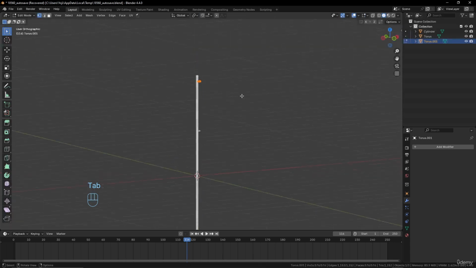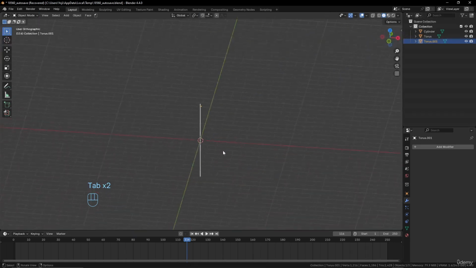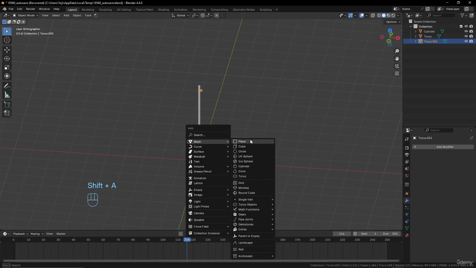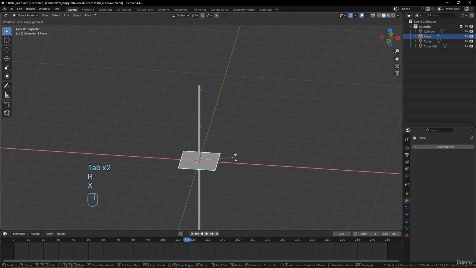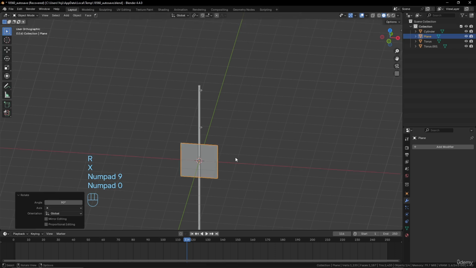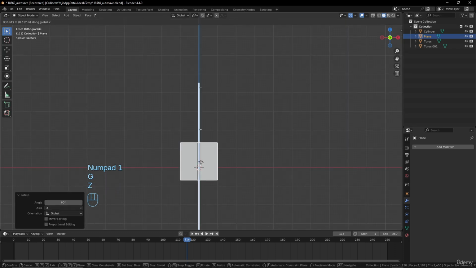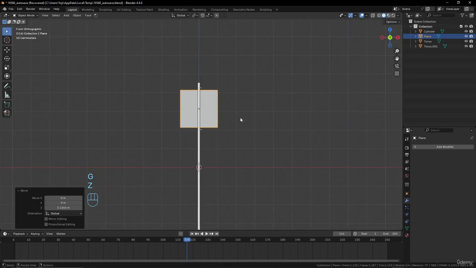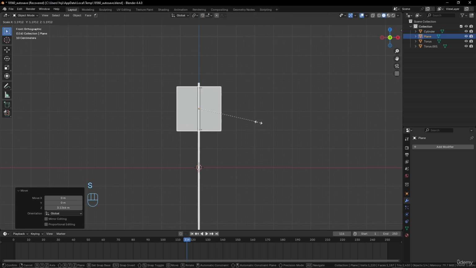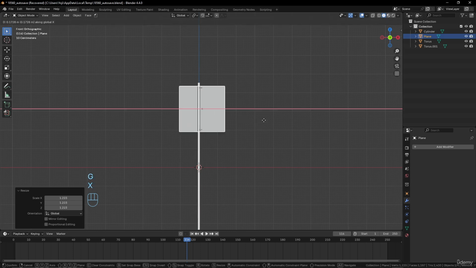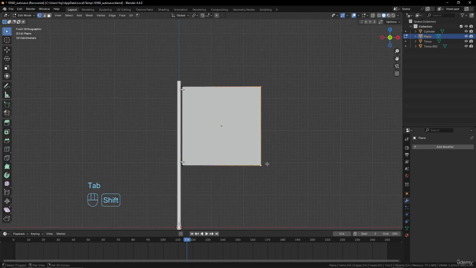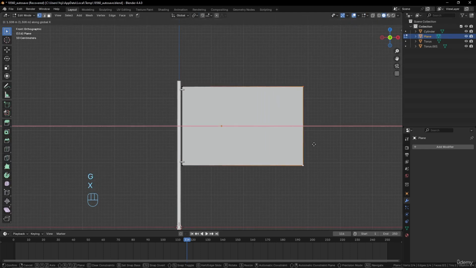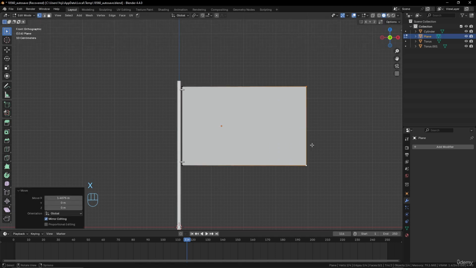Good. So now we have the basic shape that we want. Now we would like to add a plane. Good. So let's rotate it on X by 90 degrees, go into the right scale, or something near here might be good. Over there might be good as well. So I can scale this or just put it here with G X to have the shape of the flag that